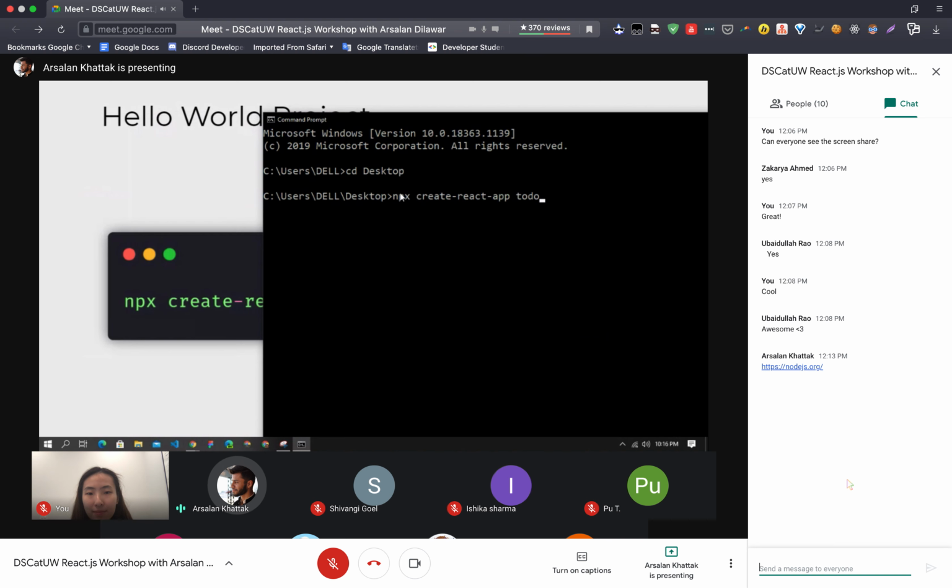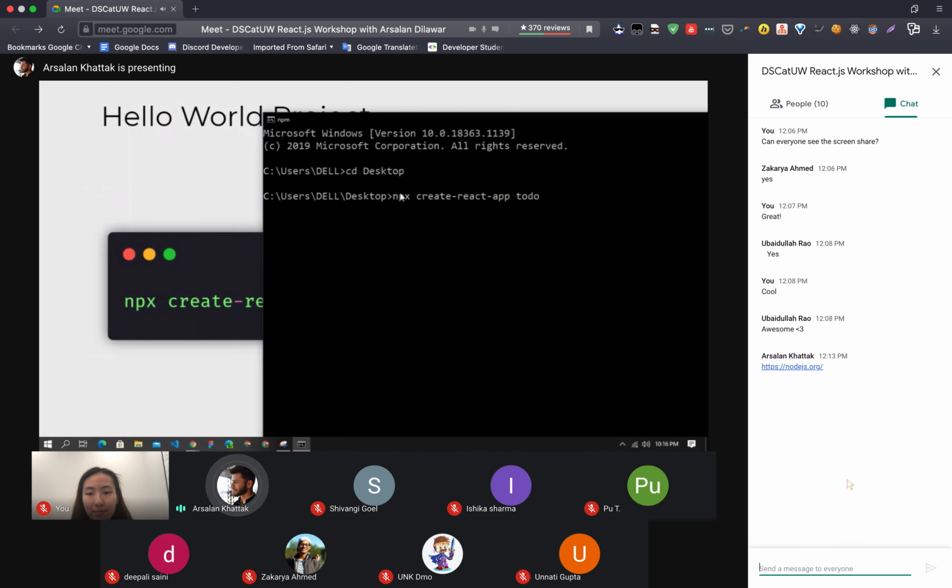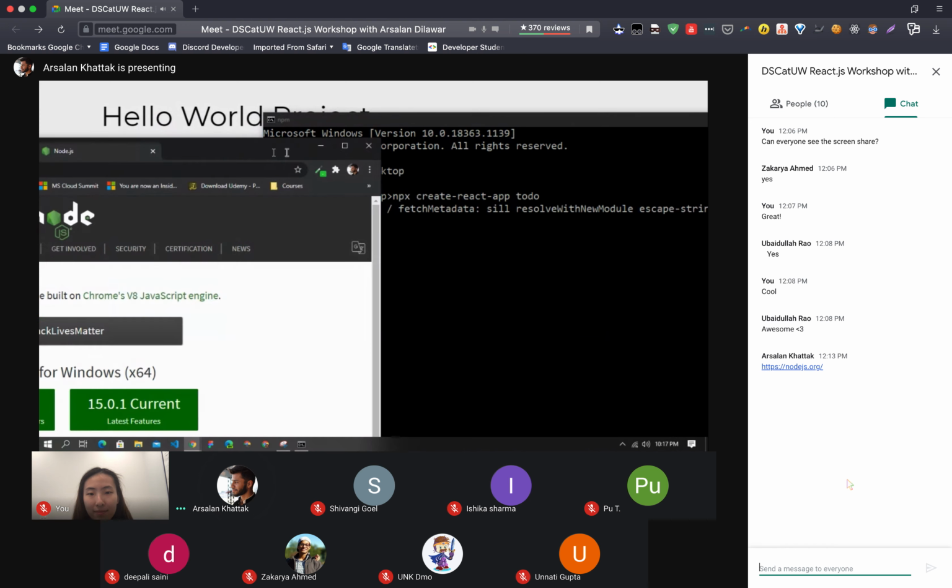I can just go with to-do. It will take some time because it is downloading some files and packages from the server. That will take a few seconds, sometimes a few minutes, depending on how good your internet connection is. Then it will fetch some files for you and install them. Meanwhile, I can talk about Node.js and how you can install it.